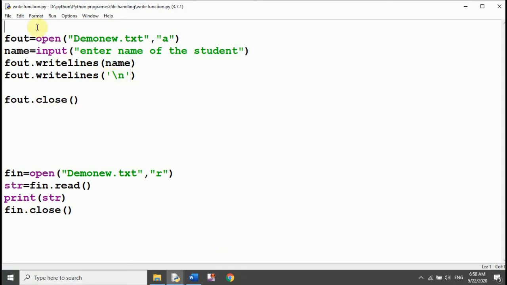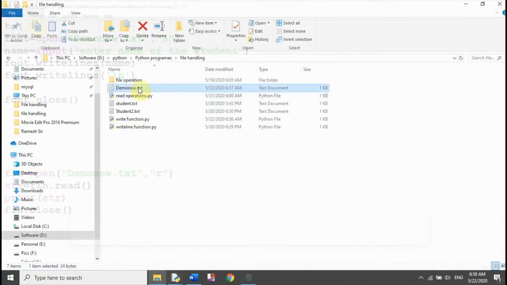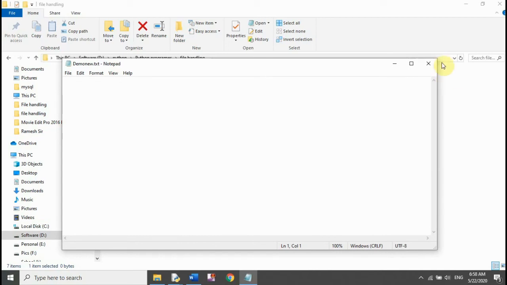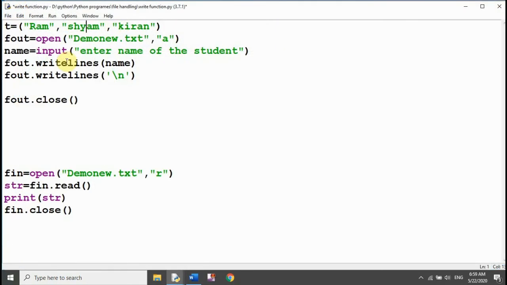Now let's create a tuple and check how to write a tuple into the file. First of all, delete all the content of this file and make this file empty like this. Now pass this t into the method.